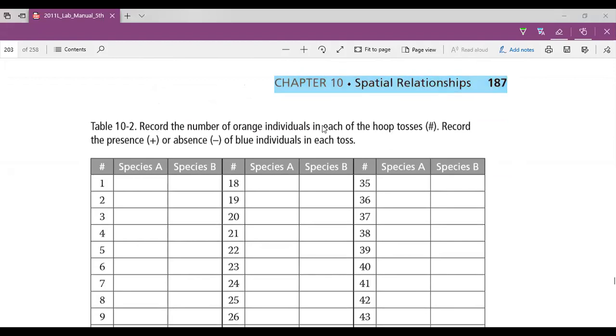And then for the second test, this is your data sheet here, where you notice both the presence and absence of species as well as the number, which are